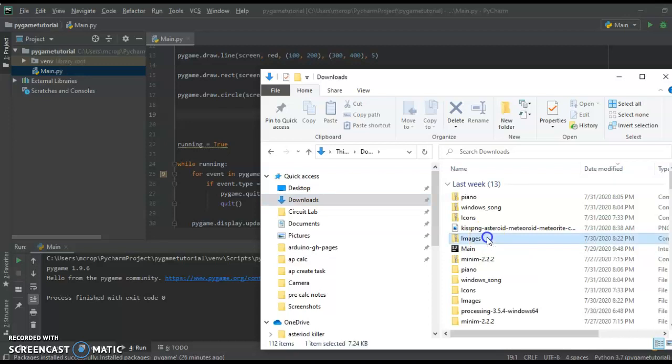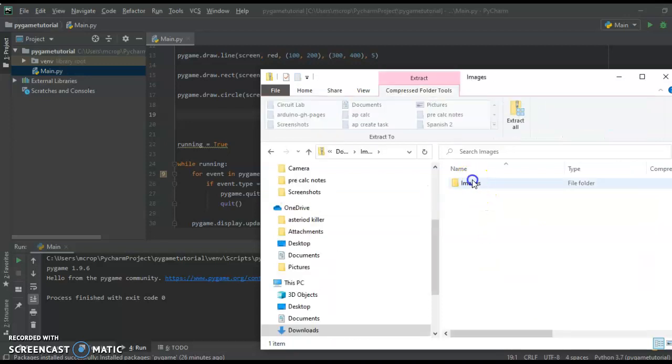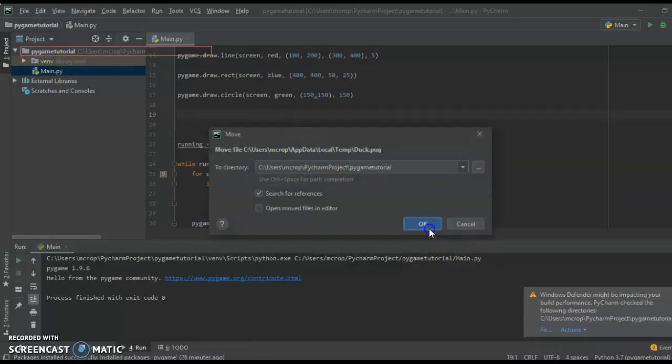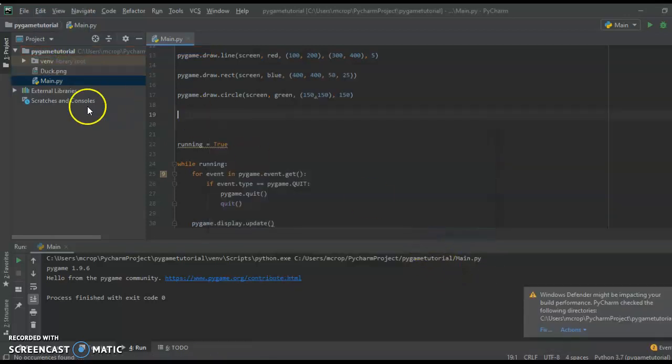There we go, I'm just going to have my image right in there. Okay, so to display an image, I'm just going to name this duck, create it as a variable, and I'm going to say